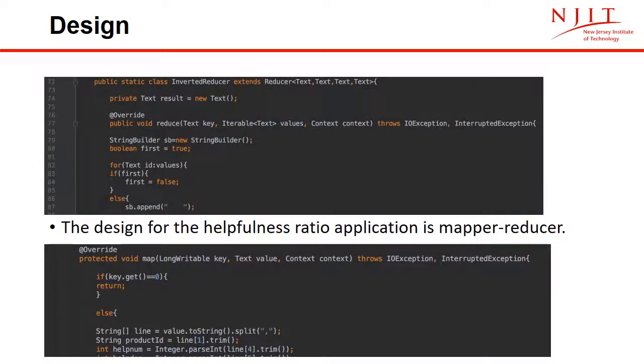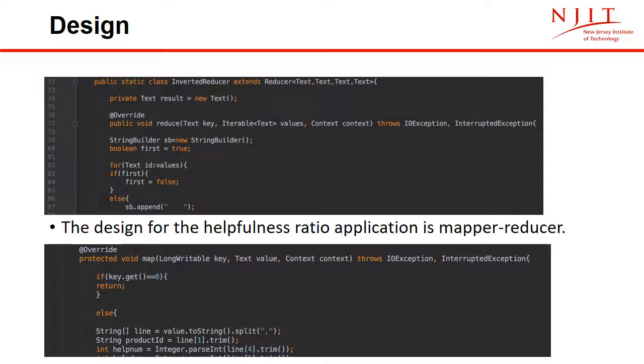So the third one is the helpfulness ratio that we've tried to calculate. Now imagine someone shopping on Amazon. What if you find a product that you want to buy? I think most of the users would go down and read the reviews by other users. So it is very important for every user to find what other people are saying about a particular product. So that is what we have tried to calculate.